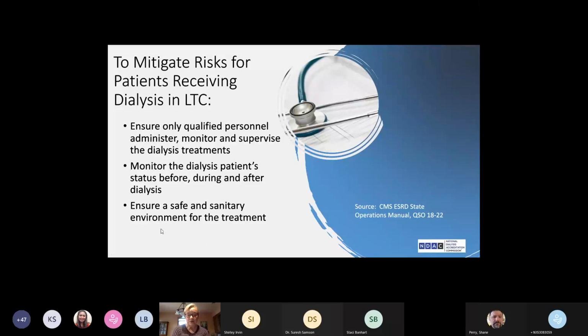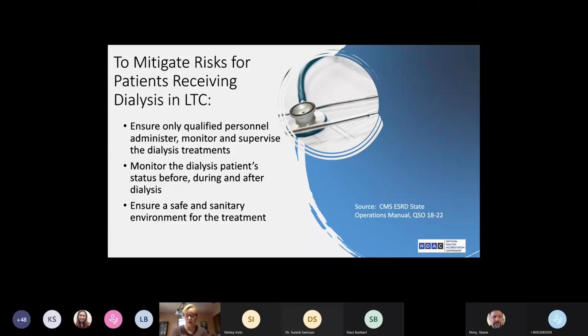So on the blue slide, you'll see a CMS memo is referenced, and someone asked in the chat earlier where the regulations were for dialysis in nursing homes. And the CMS conditions for coverage don't actually address dialysis in nursing homes in the regs themselves. But it has been mentioned there are some guidance documents. First, there was a letter written in 2004, which is antiquated and is based on the old regulations. The regs were updated in 2008. And finally, in 2018, a mere 10 years later, CMS did issue a state operations manual,